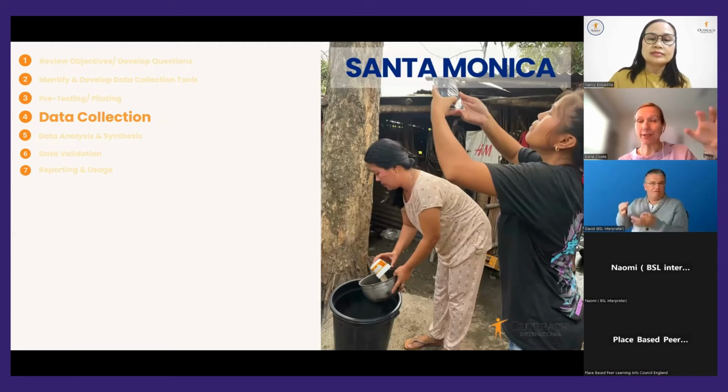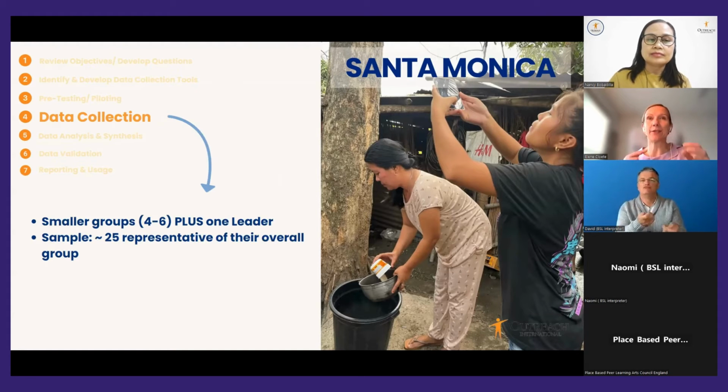Then in these respective hamlets, the assigned leaders conducted the workshops. And in these workshops there were about 4 to 5 people per hamlet. In total, the sample size across all the hamlets ended up being about 25 people. And each group also had the material they needed to facilitate this particular workshop.